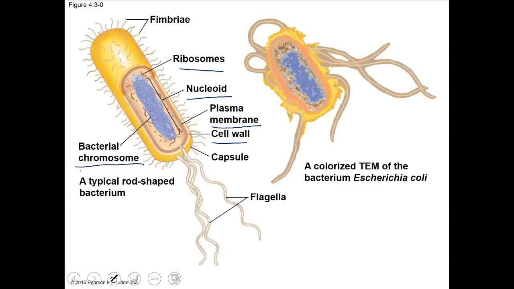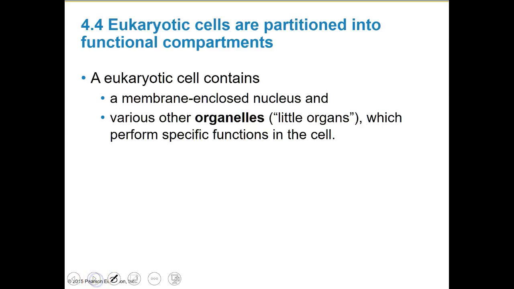And identifying their location is important. So like IDing where they are in the cell is good. It's actually really important. All right, eukaryotic or true kernel or true nucleus cells contain a membrane-enclosed nucleus, boom, and various